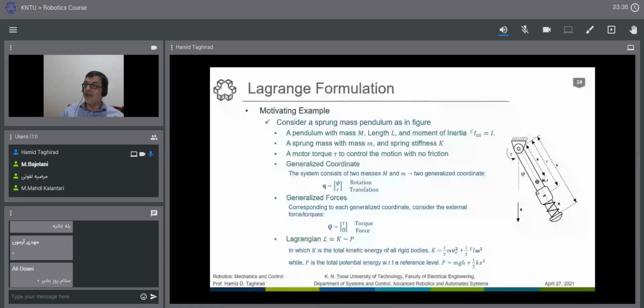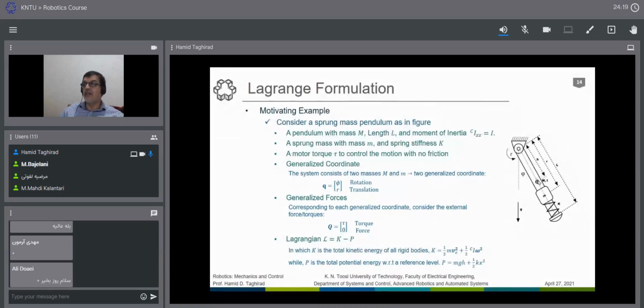This example gives you very good intuition how the Lagrange is used, and compared to other methods like the Newton-Euler method that require the acceleration and many different internal forces to be found, Lagrange is quite straightforward and we can go through it that way. So consider that the length of this pendulum is L, and the center of mass is somehow in the middle, but we consider it as H, the distance of the center of mass here,